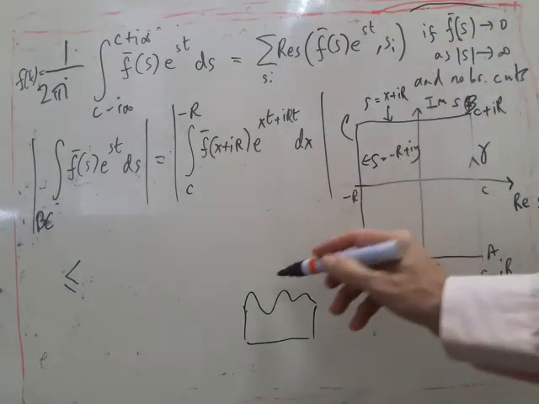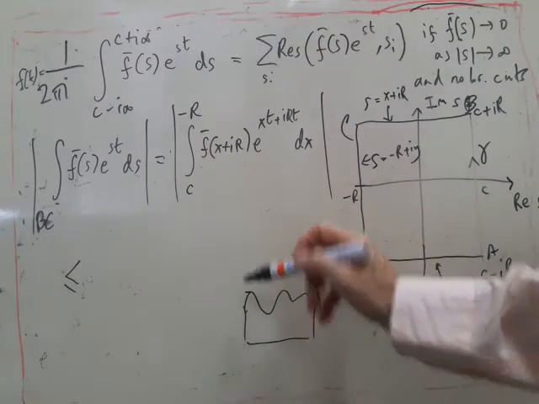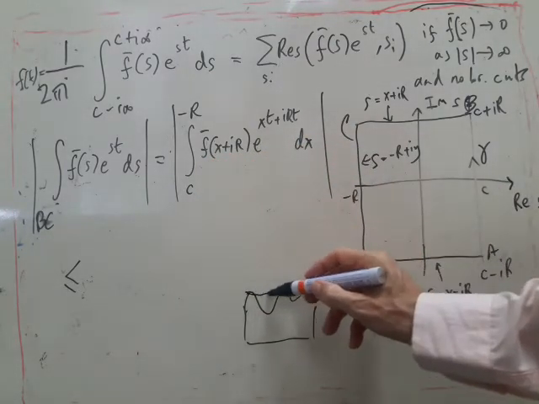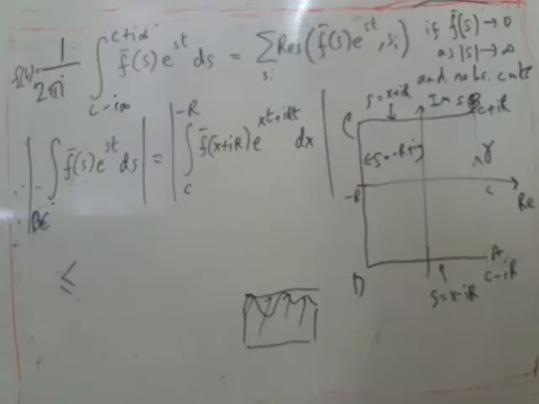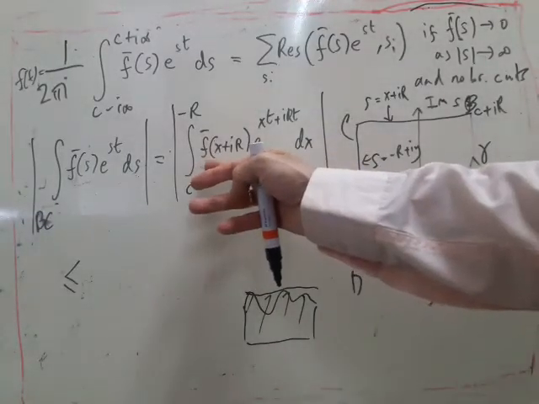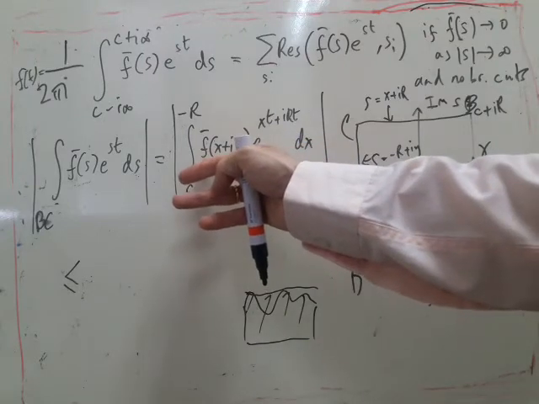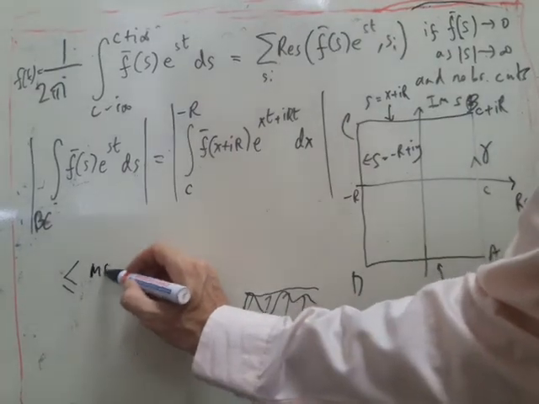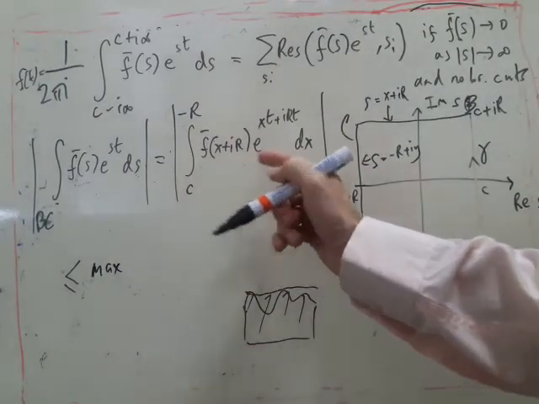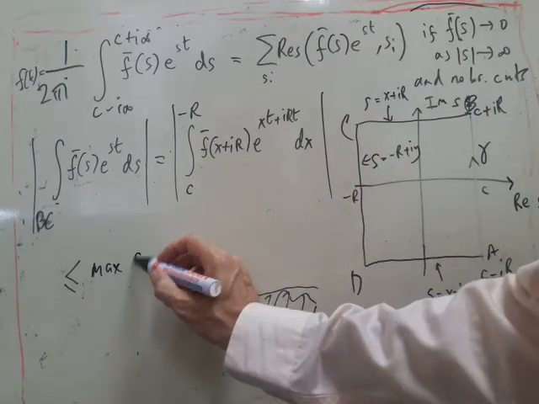What would be the worst case? Well, the worst case would be if instead of this I just took the maximum value of it and then multiplied by the other things. So what I'm going to do is just take the maximum value of this out. This basically is going to simplify this integral, because then I can take the maximum value of this,